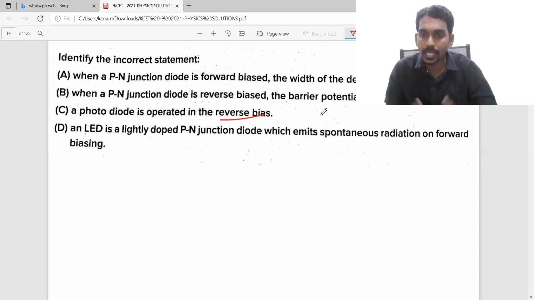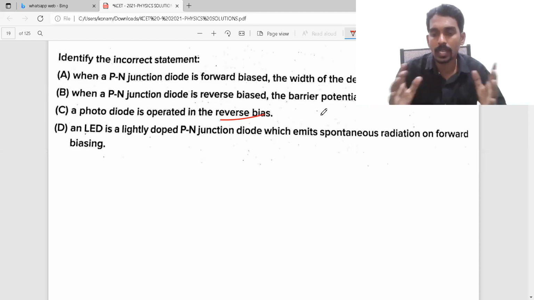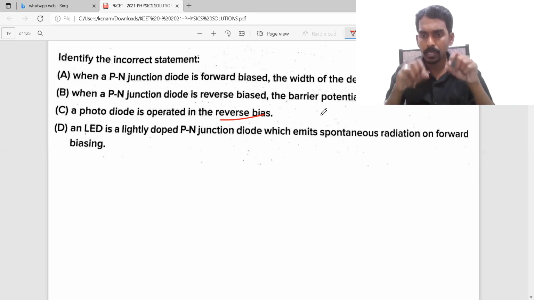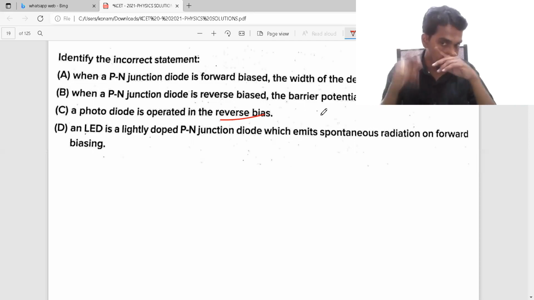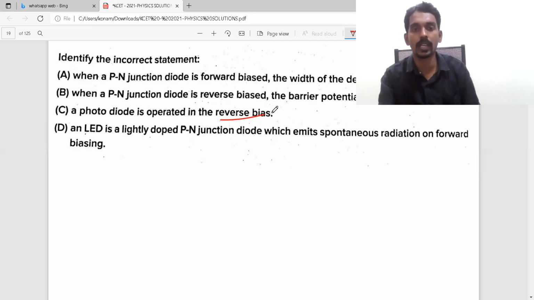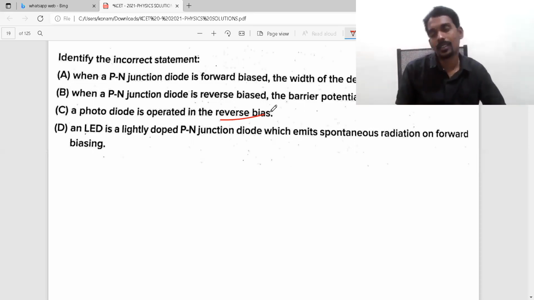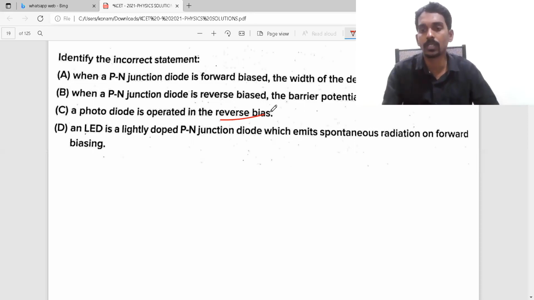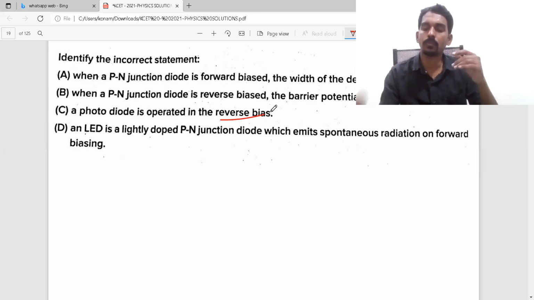As I said, whenever a theoretical question comes, you need to take the textbook and read line by line, like biology. You need to remember each and every word and sentence, so that they can frame the question. Until and unless you revise, read and remember, you cannot say that a photodiode is reverse biased. Otherwise you will start thinking or guessing, reverse bias or forward bias, reverse bias or forward bias. So don't put yourself into doubtful situations. Please make sure that the known things are 100% perfect.